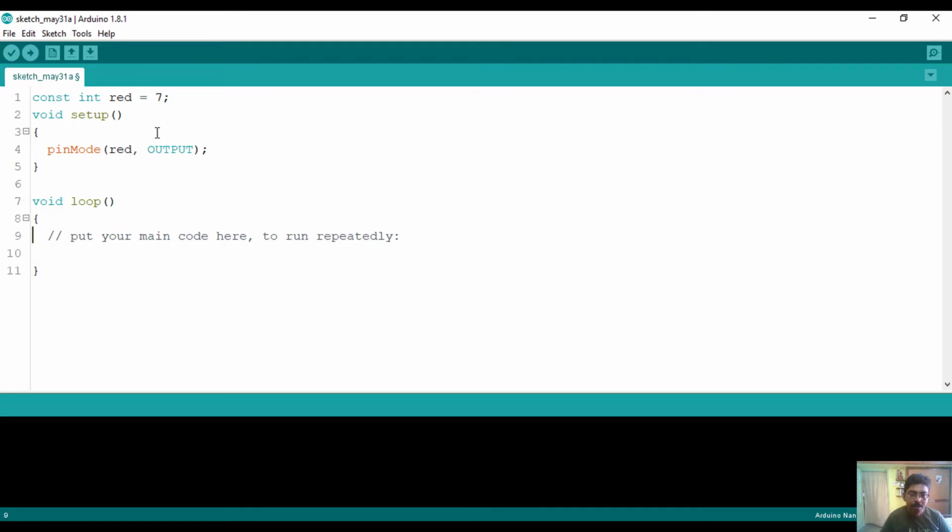Then here we are going to blink the LED. So we are going to write to the LED.